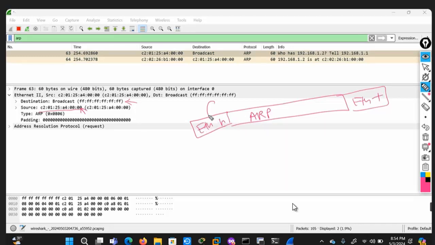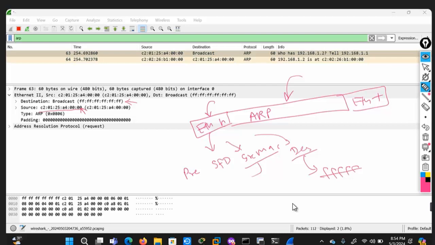In the layer 2 Ethernet header, there are the fields: preamble, start frame delimiter, source MAC, destination MAC. In the source MAC and destination MAC, the source MAC has the MAC address of PC1 and the destination MAC has all F. It means the ARP packet created here is a broadcast packet, right?